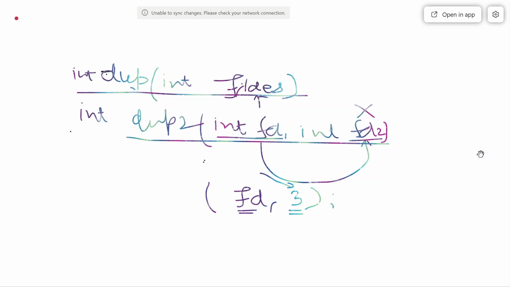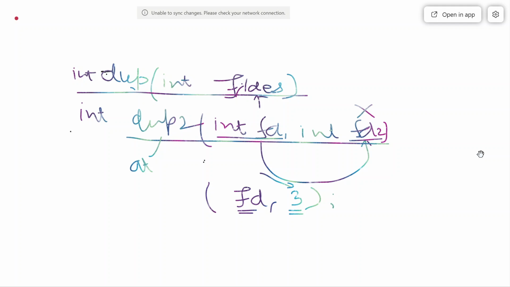By that time no other process can interrupt, and you know that an interrupt may occur at any point of time. You may have learned in DBMS about atomic and non-atomic operations and the purpose of an atomic operation. So this dup2 is atomic.